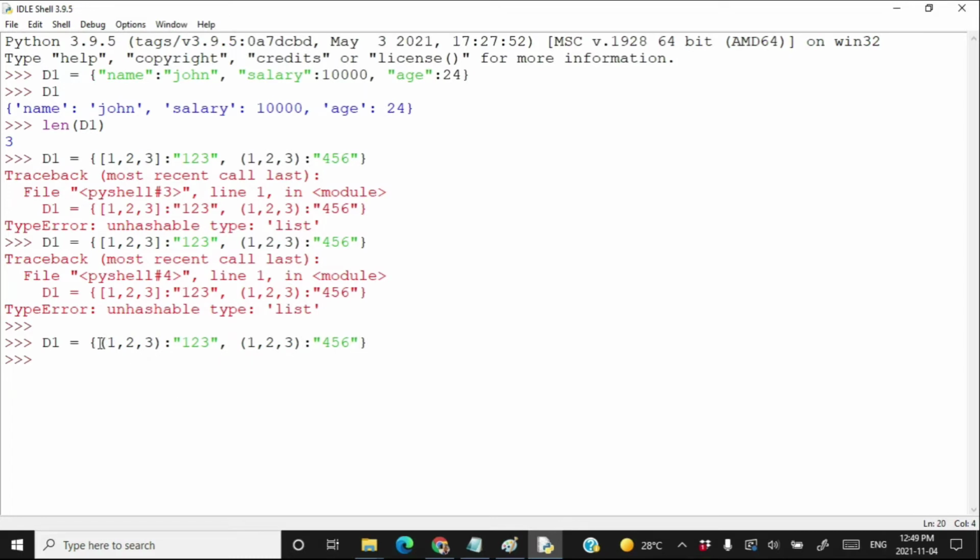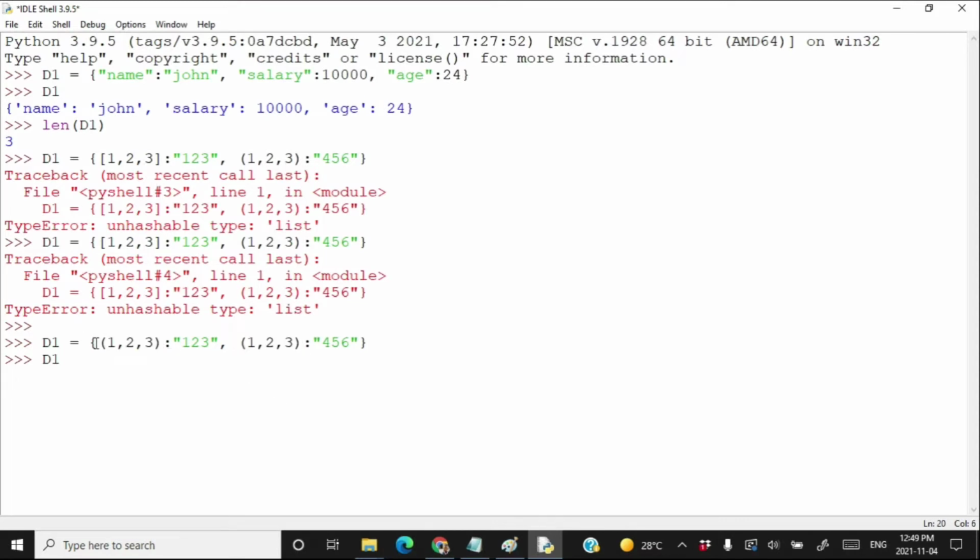Now tell me, if I try to print the dictionary D1, what do I expect to get? Only one element will appear. That is this element. Why? Because keys are same and you know that the keys cannot be duplicate.